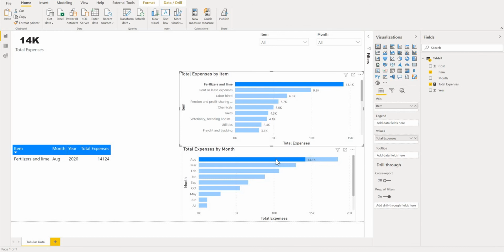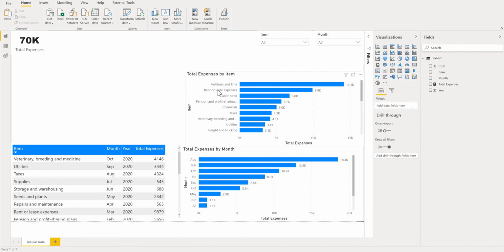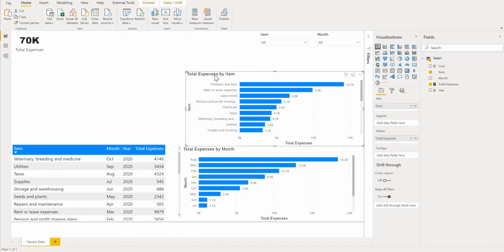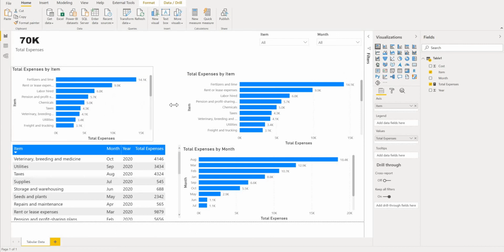And this will show you how much on the fertilizer, 14K. And this, it was the month of August. That's where you spent 14K. You can see how interactive it is once you highlight on that again, and then everything goes back to default again. Highlight, Control C, Control V, and then what we can do here now, we can just bring the months,